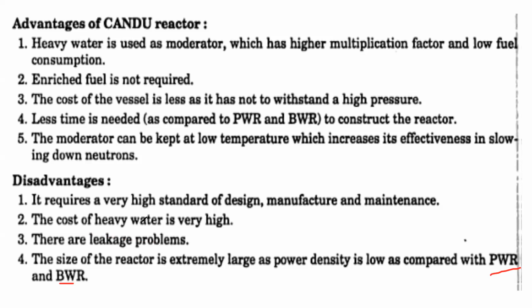So friends, how can I summarize these topics? Based upon the moderator, I can write two points. First point is low fuel consumption, which means efficiency is very high, because by using low consumption we can generate maximum electricity. Second, if I use this moderator at low temperature, its effectiveness is very high, so it is very useful to control the chain reaction within a time period. So this is the second advantage of using heavy water as a moderator. These two points I cover based on the moderator.